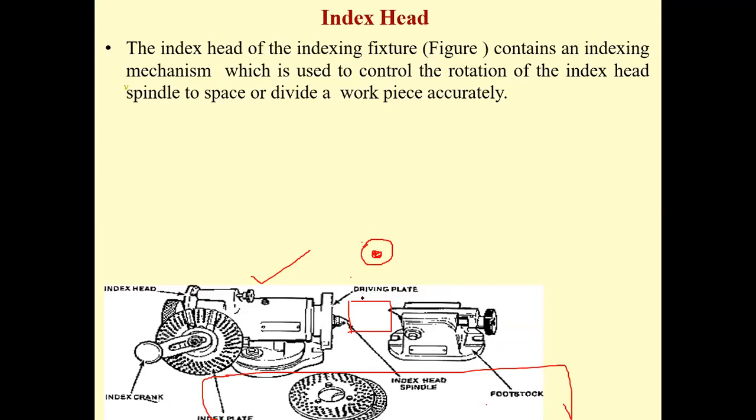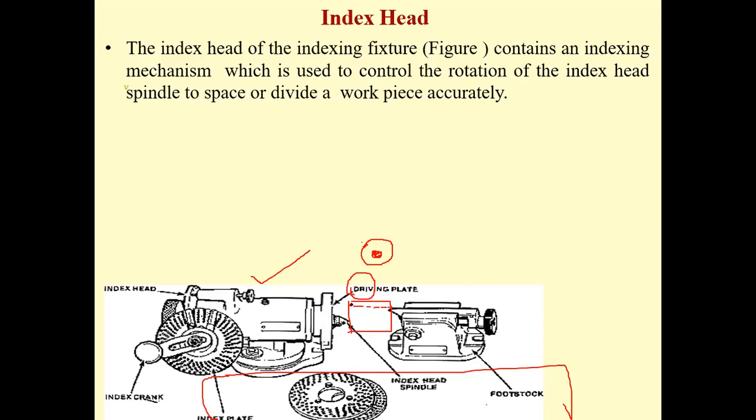This cutter has to come down, and it is rotating. While it is rotating, you give a feed motion to the workpiece, moving it front and back. Then you are going to get a kind of groove. We are not removing the material entirely; we are just making one groove, like what you have seen previously.